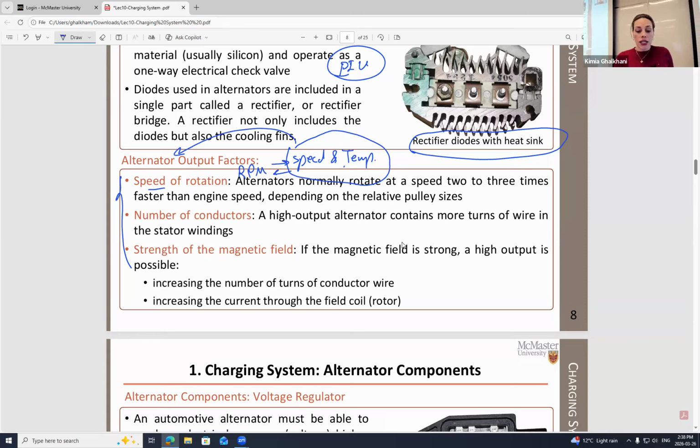The alternator in fact rotates at a speed of, I would say, 2 to 3 times faster than the engine speed. Whatever the engine speed or the RPM is, the alternator must always,